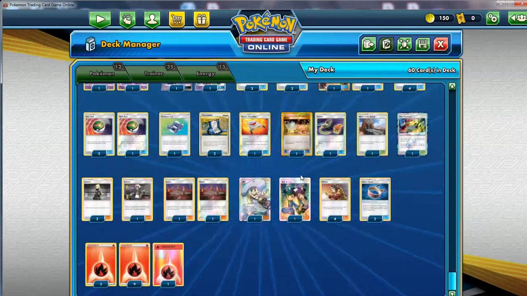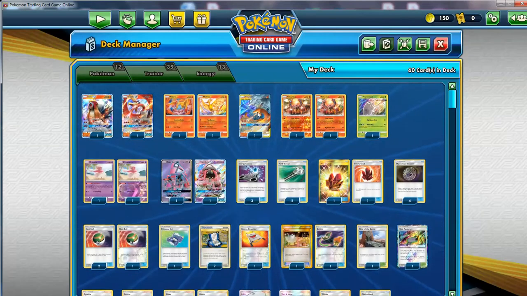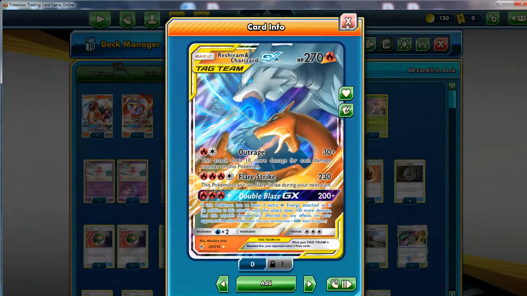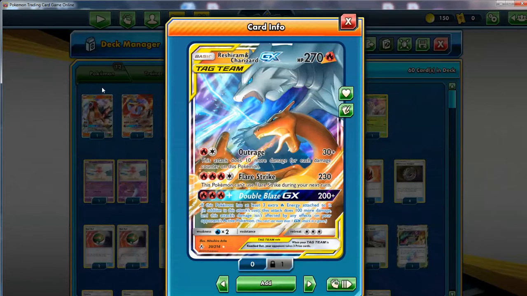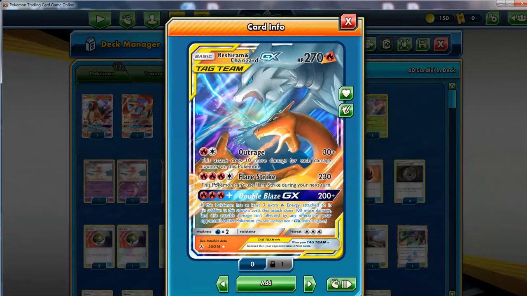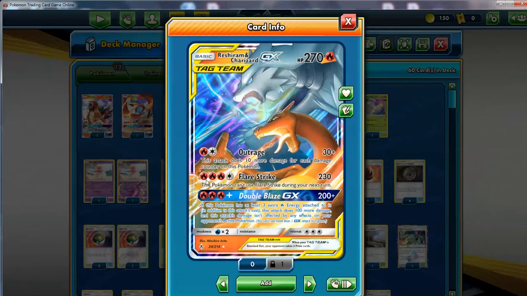Alright, so for the attackers, as I've said, Reshiram and Charizard GX is really the main attacker, but it's not the only one. We have a bunch of different fire Pokemon for the situation. This guy is the biggest dude with 270 HP. It's very respectable for a Pokemon that's going to give 3 prizes. Flare Strike will be your main attack. Once we get 4 fire energies on this Pokemon, this guy's going to take care of almost anything in one